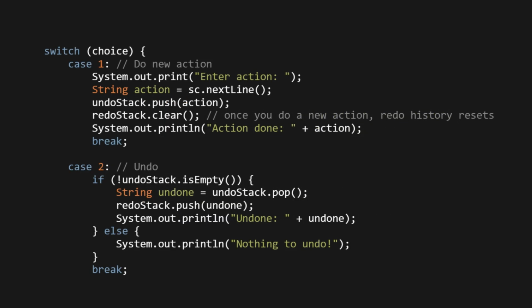switch (choice) { case 1: System.out.print("Enter action: "); String action = sc.nextLine(); undoStack.push(action); redoStack.clear(); Once you do a new action, the redo history resets. System.out.println("Action done: " + action);